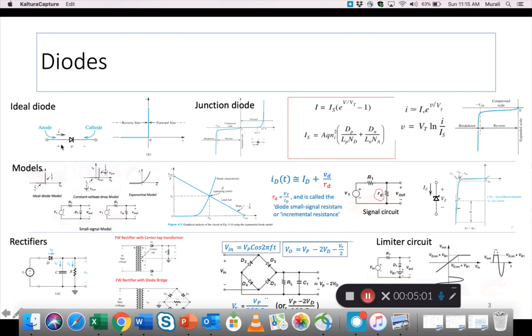not just 0 or slightly greater than 0, but it has to be 0.5 and greater, and then you can see that the current starts to conduct in the forward direction, and it rises pretty steeply as an exponential. But this is the forward direction. Similarly, in the reverse direction, we know that very little current flows even as you keep increasing the reverse bias. The reverse bias current I equals Is is pretty steady,